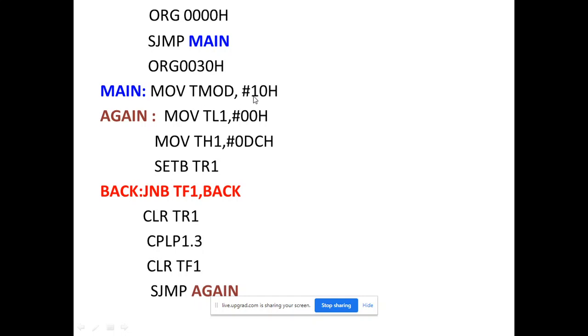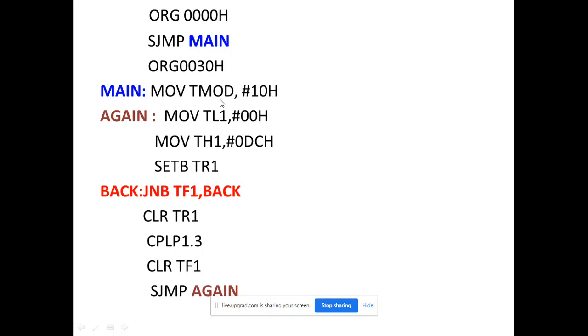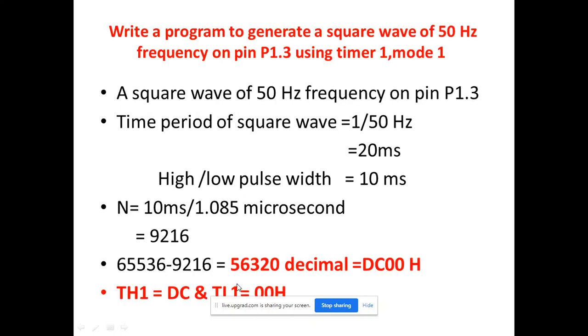In the main program, first we put the TMOD value. In our program we are interested in timer 1 mode 1, and according to this, the value is 10, which you put into the TMOD register. This is your first statement, meaning you declare that you are interested in timer 1 mode 1 with the help of this statement. After that, you have already calculated these two values, 00 in TL1 and DC in TH1.